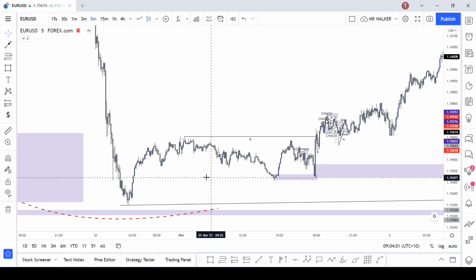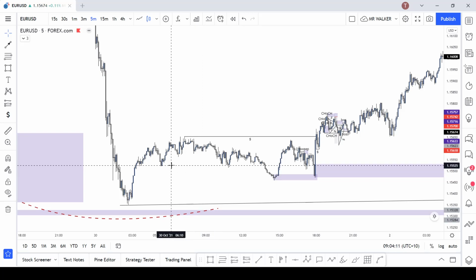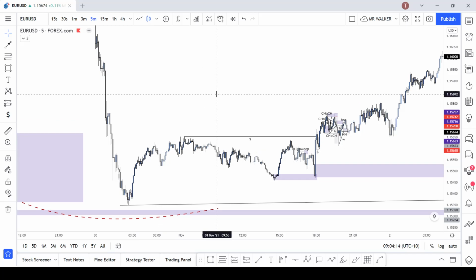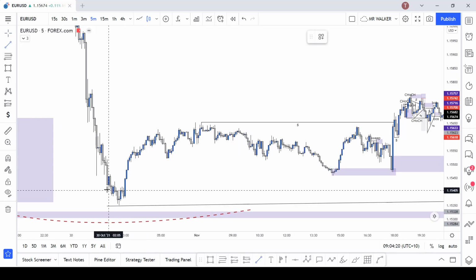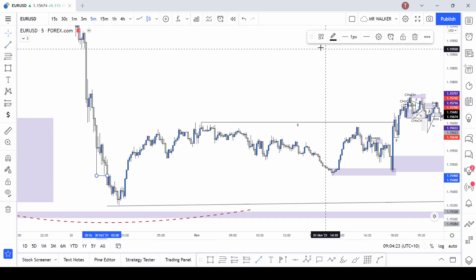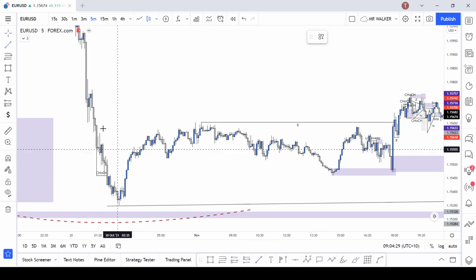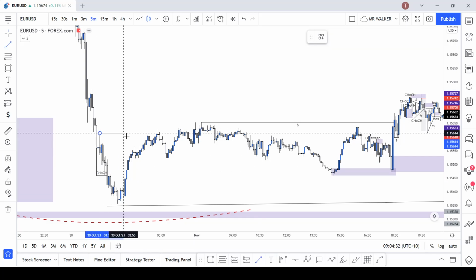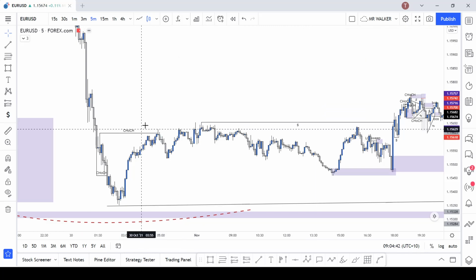Okay, so that means that I want to see a sweep of the low and the sweep of the high on the 5 minute when we are going from bearish to bullish. Okay, so in this case we see a perfect example. This high, this low gets swept, which then goes to the sweep of the high. Okay, so this is our CHoCH. In this situation,